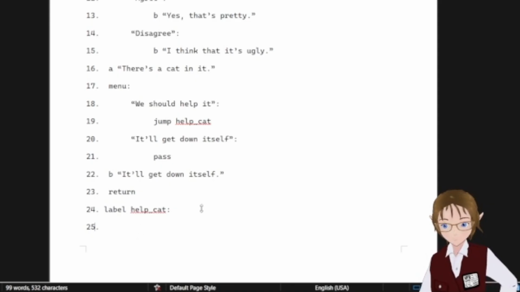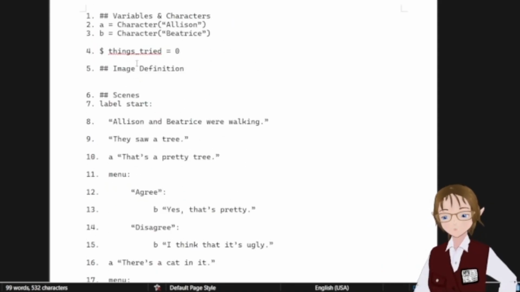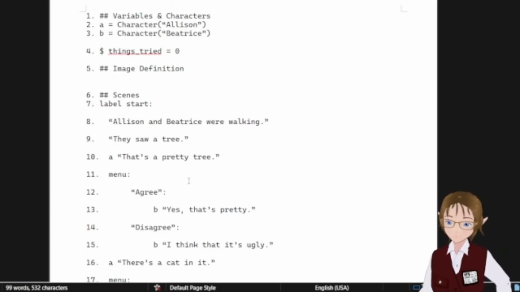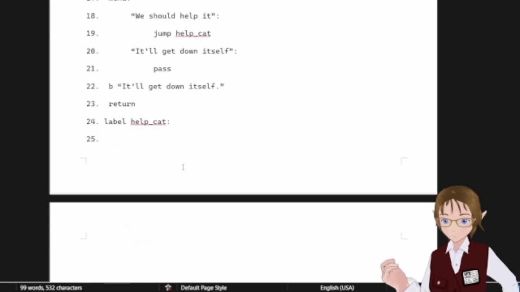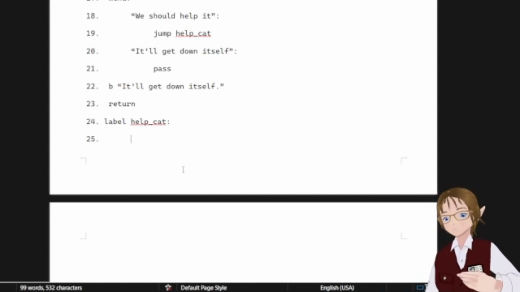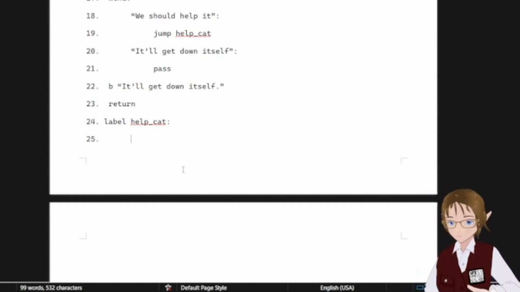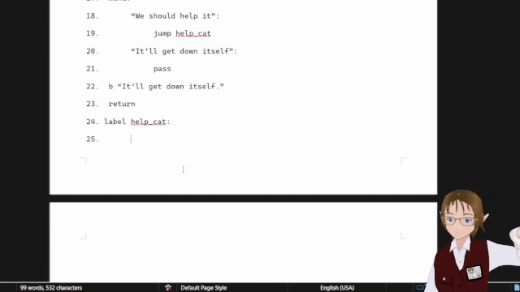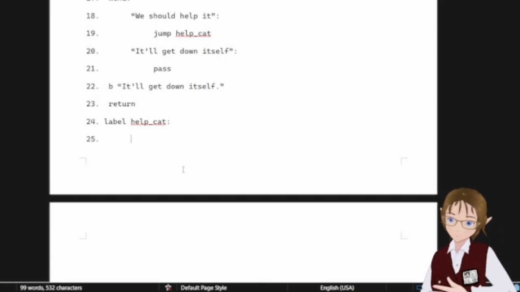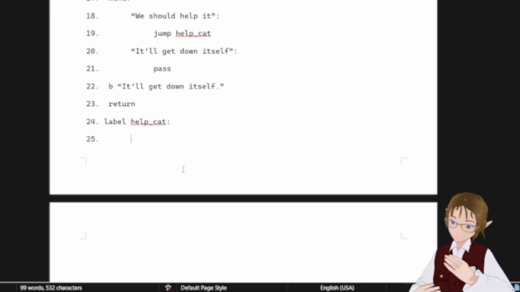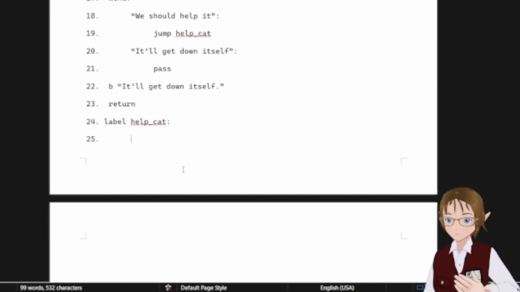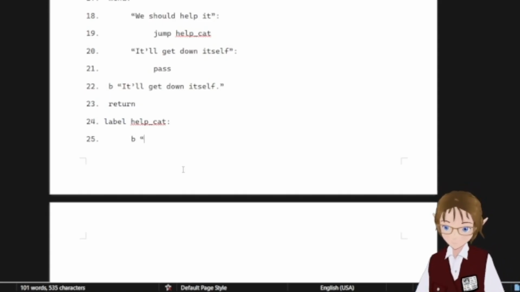But now we have that variable of things tried, and I initially set it to 0. So what I'm going to do here is somewhat more complicated. Basically, imagine you set up a loop. A loop means that you return to the location until all options have been resolved or the player decides to ignore. So then at this point, the way I'm going to just put the scene is, for instance, Beatrice says